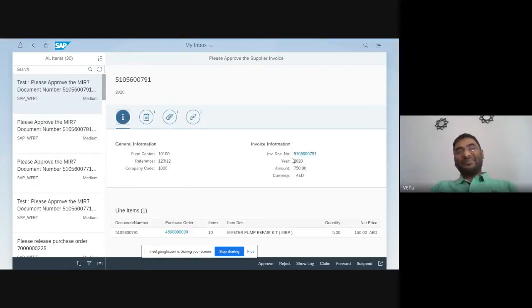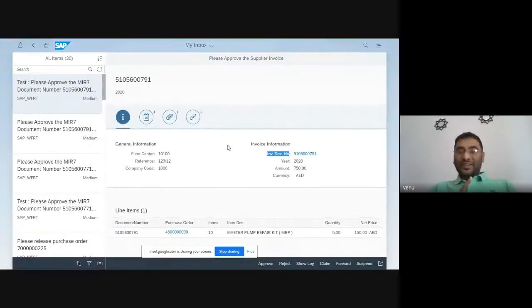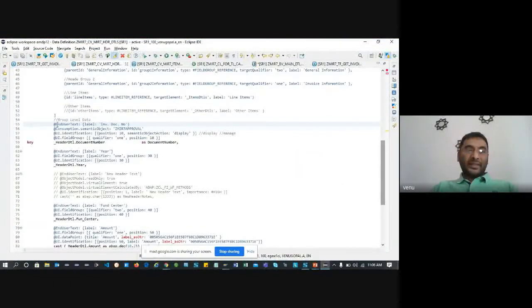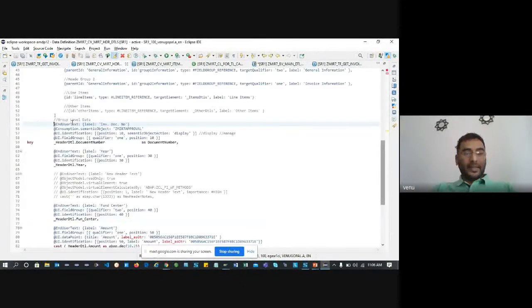Now you see, interesting. I've changed the label. My label is changed, and that's impacted on my screen. There is no XML, there is no UI code, there is no controller, there is nothing. Now what will the system define? Let's say if I comment out this label, this is a custom label. It's a user defined label.